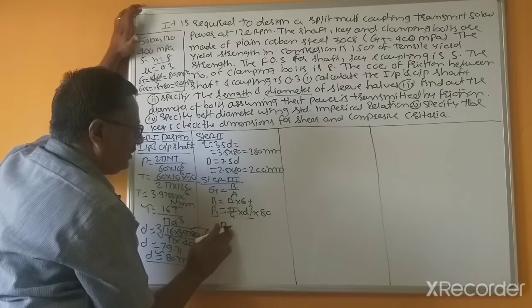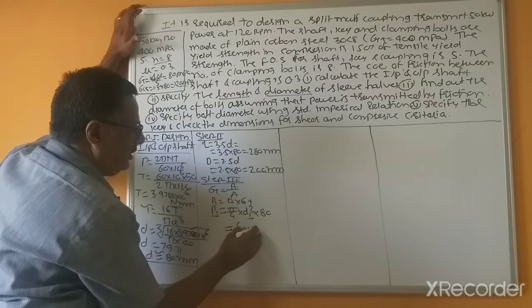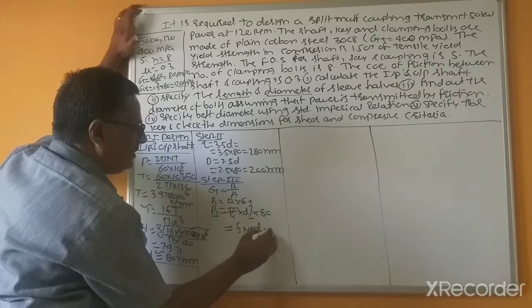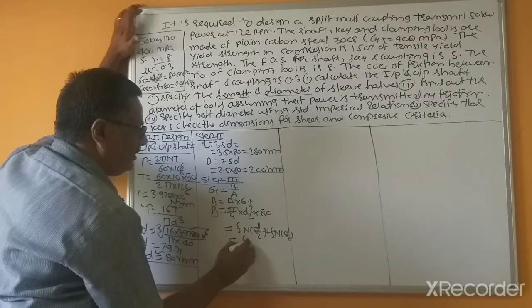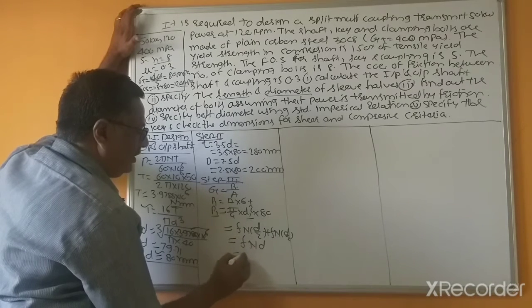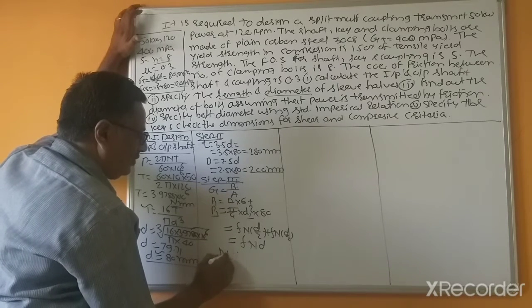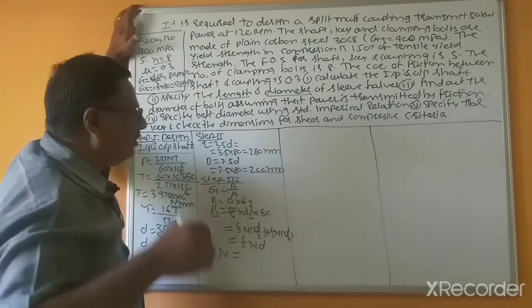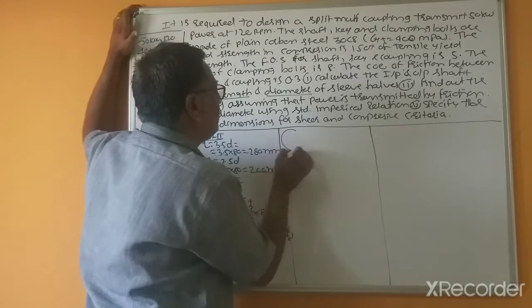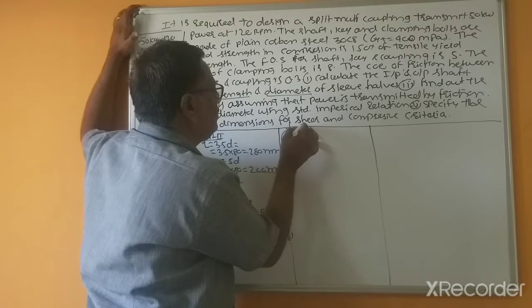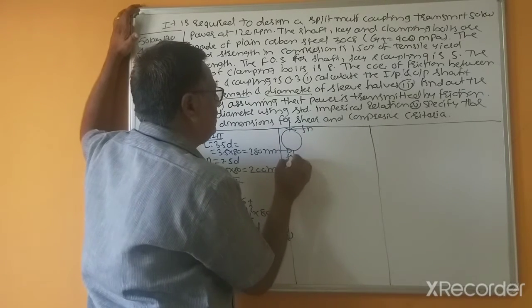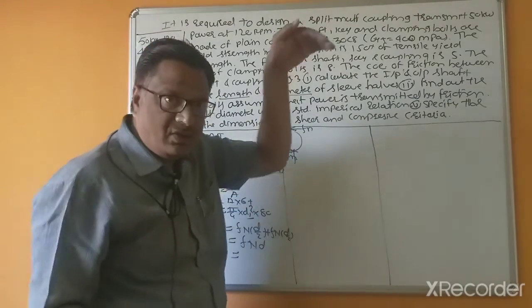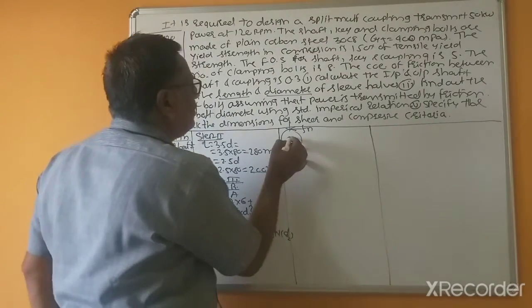P1 is the force acting. So what is the formula? Fn d divided by 2 plus Fn frictional force d divided by 2, and this is Fn d. This is the clamping force acting and this is the frictional force. Here are two frictional forces and this is the clamping force from the top side and from the bottom side.